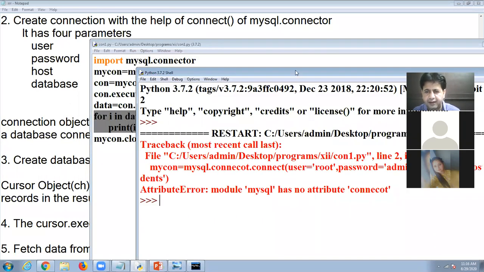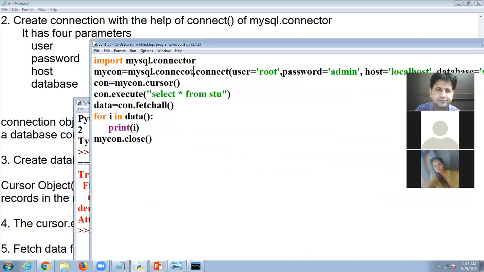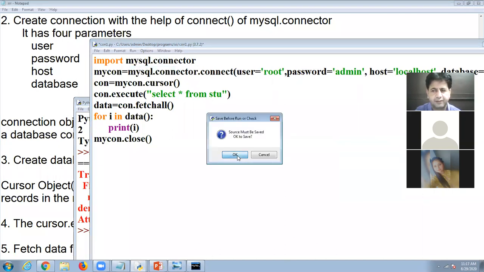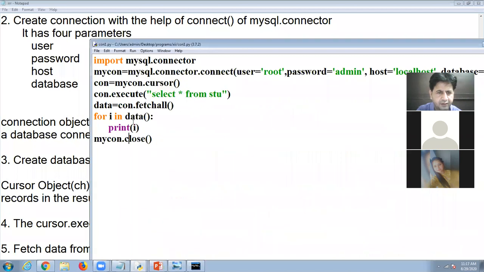So there is an error here. There is an error with the connector word. I run the program again. Okay, I have used braces here.